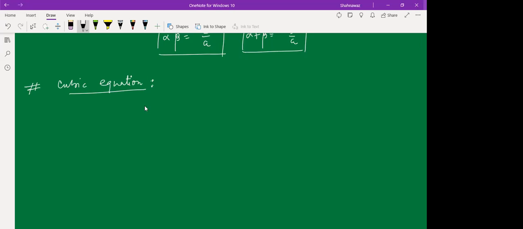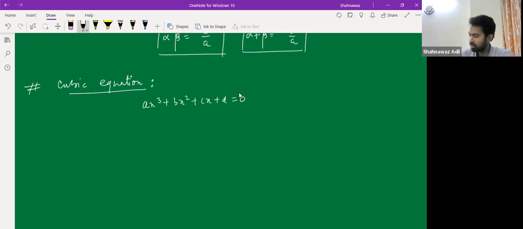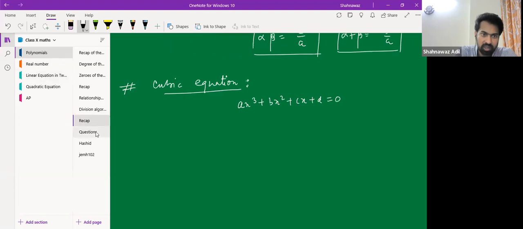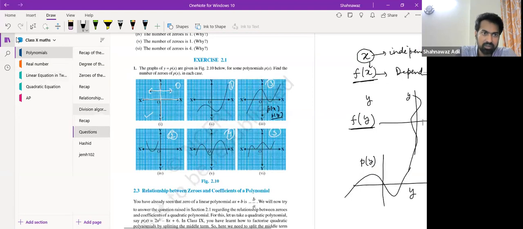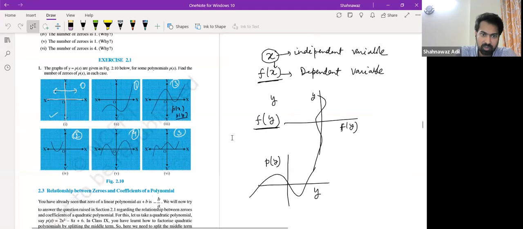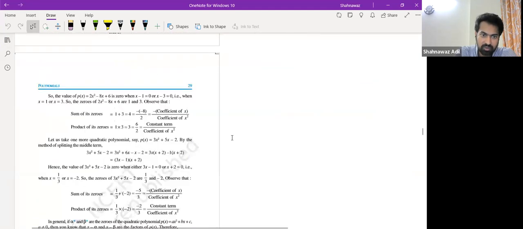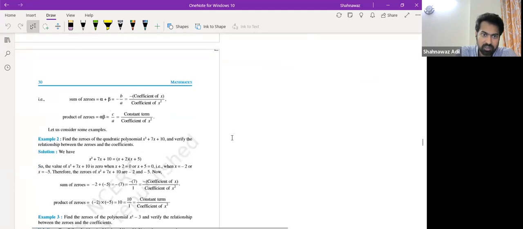No, in my school, they didn't teach us questions on cubic equations or cubic polynomials, only quadratic. There were polynomial questions, but not any question based on the cubic equation. But if you see the rationalized syllabus, then you will find out that it is